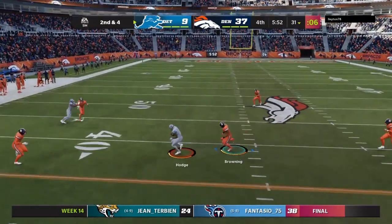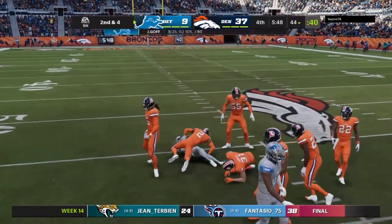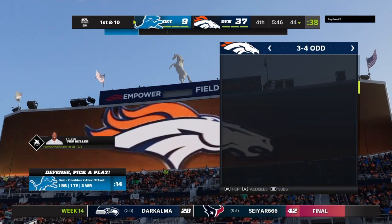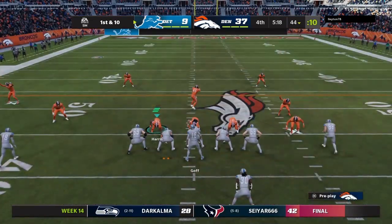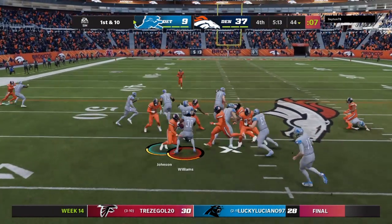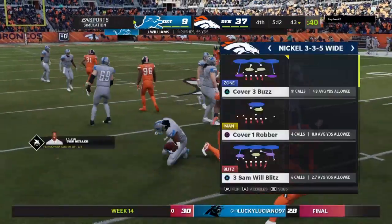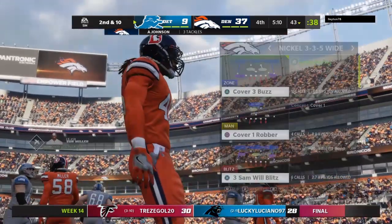From the 31, Goff. They'll get this into the hands of Hodge. And they'll get it up just short of the 45 at the 44. First down Lions on a pickup of 13. They'll run out of the gun here. Williams. And running room scarce here. He's going to be stopped in his tracks at the line of scrimmage. In on the stop there,